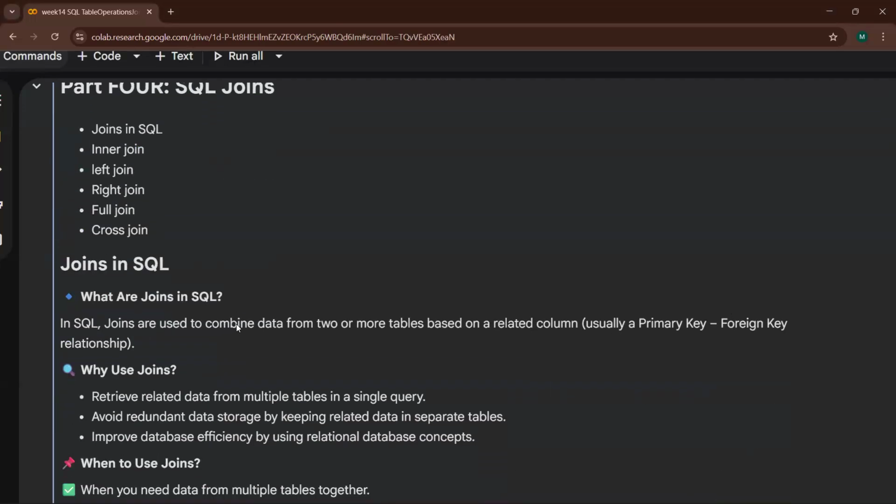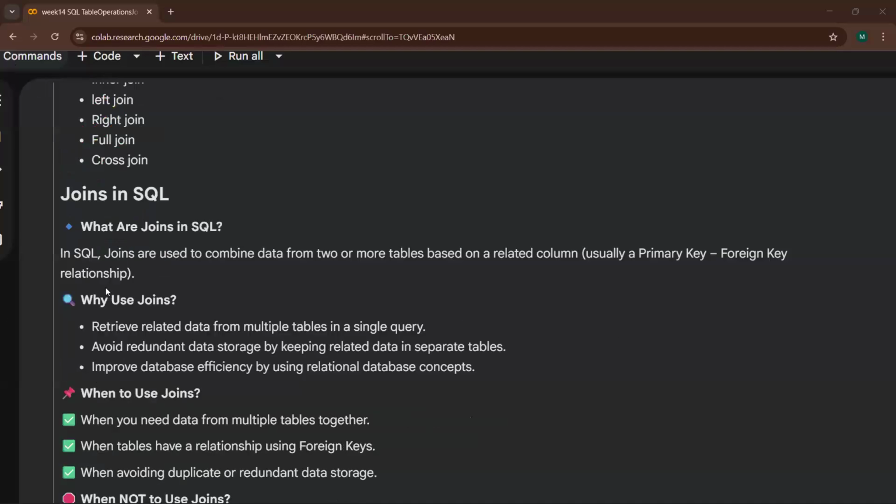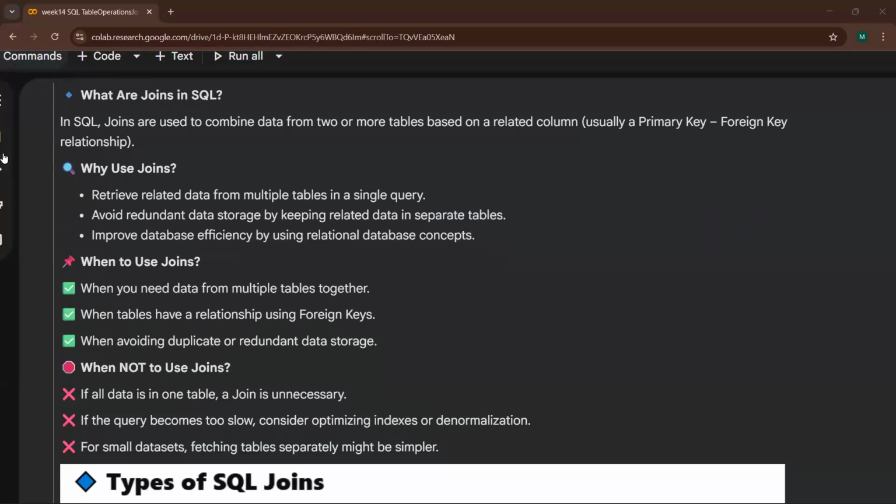So part number 4, guys, is SQL joins. Now we are going to learn about joins, which are inner join, left join, right join, full join, and cross join. So what are joins in SQL, first of all?